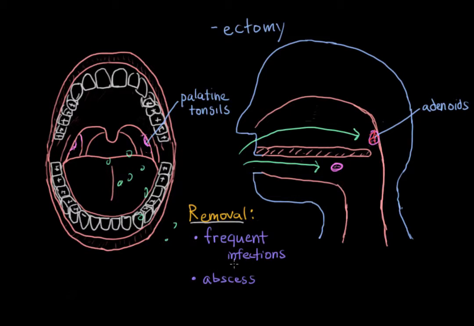An abscess is a fluid-filled pocket, and it's usually filled with bacteria and really nasty stuff. And if it's next to the tonsils, it's called a peritonsillar abscess. So these abscesses can be dangerous and can lead to more severe illnesses, such as sepsis. Sometimes they can be drained without removing the tonsils, but many times this is not possible, so health practitioners opt